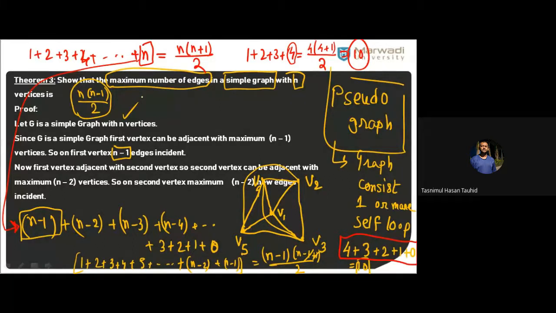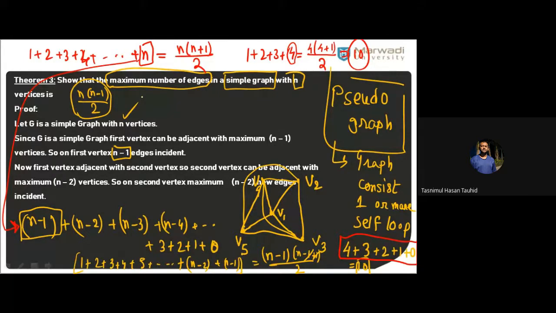In the picture, I started from V1. So total how many vertices? 1, 2, 3, 4, 5. Like n number of vertices here. I try to give you the example using 5 vertices. If I have 5 vertices started from V1, what is the maximum possibility to connect V1 with other vertices? The maximum possibility to connect means how many maximum edges are there.